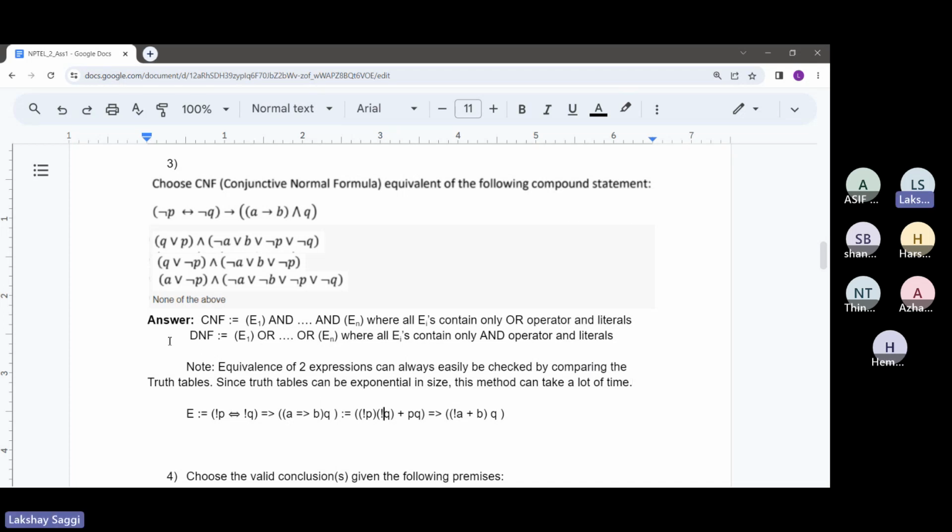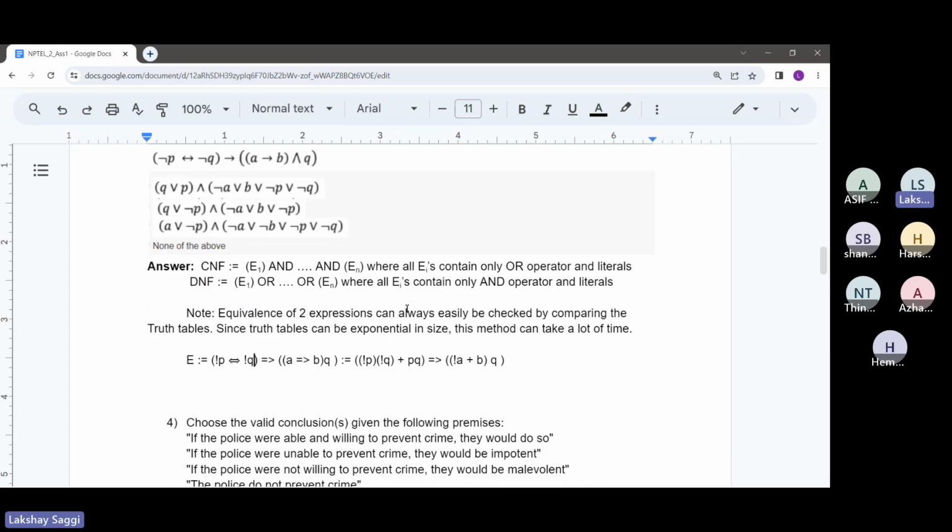So that's why I'm trying to resolve this expression E into some simpler form so that I can directly see what its CNF equivalent is. I could have easily done that using truth tables also, but I want to avoid truth tables as much as possible. Because here there are only four variables P, Q, A, B, so the truth table will be of size 2 to the power 4, which is 16 entries, and I want to avoid even 16 entries. So just doing this, here I get this.